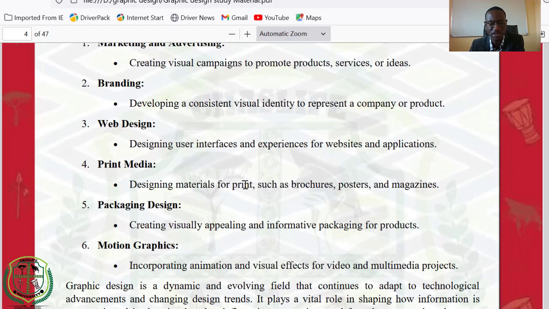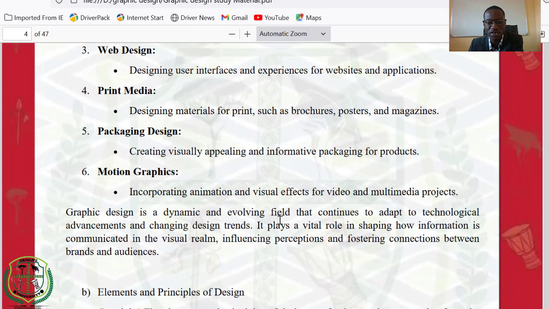Then we have what we call the packaging design. So packaging design here creates visually appealing and informative packaging for products. So every product that you see that has got a package has gone through the hands of a designer. So the designer has had some time to look at how they will design that package for it to communicate effectively. And the last one is the motion graphics. So motion graphics, we're talking about visual effects for videos and multimedia projects. Okay, so basically we're talking about designing any media that brings out information in terms of an animation or